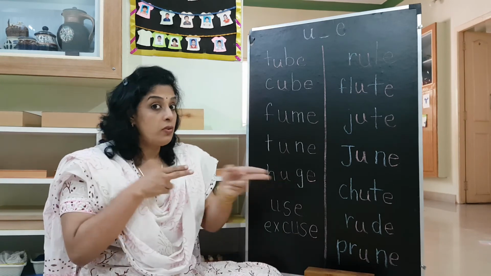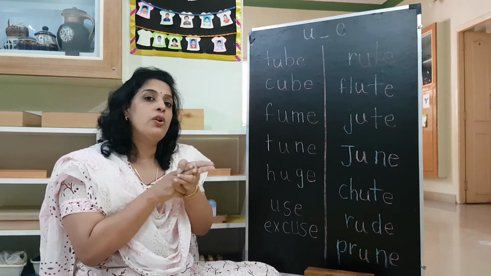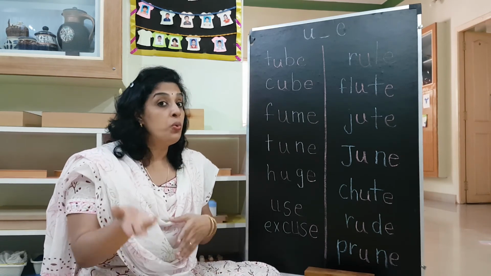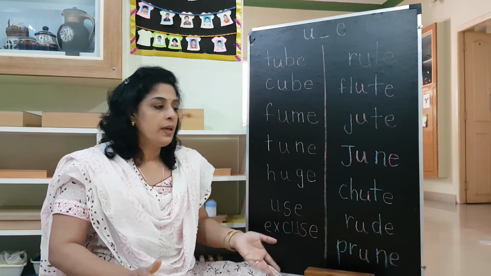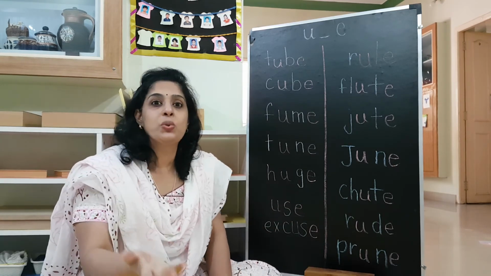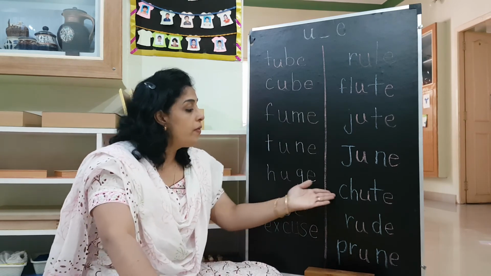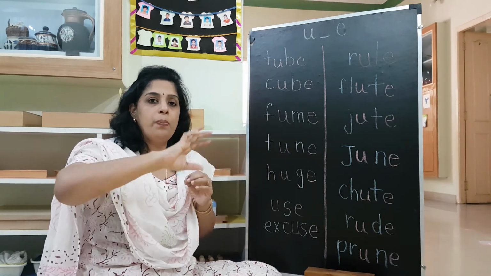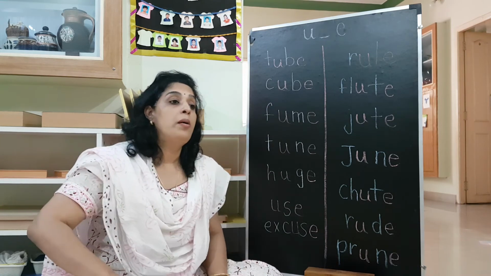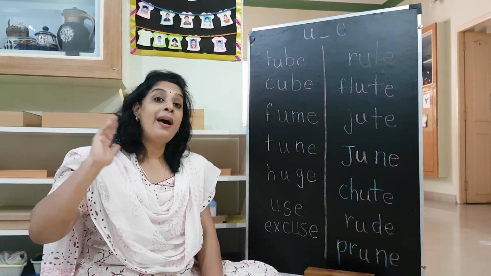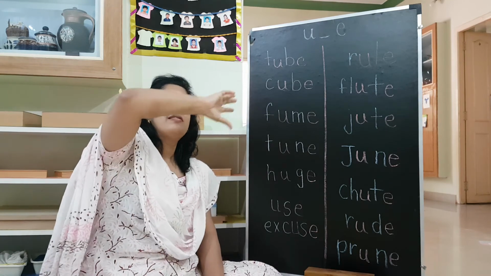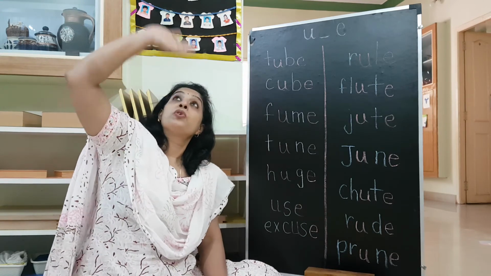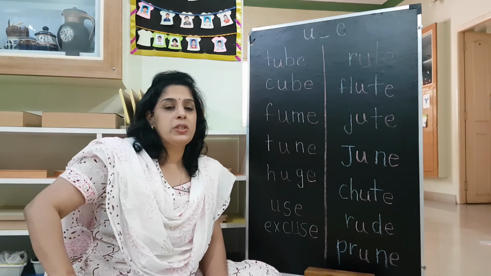Shoot. This is not that shoot. Shooting with a gun has a double O, the long O sound. This shoot is different. This is more like what you would have heard in the parachute. Also, a chute is like a hollow way through which something is passing. If you go to big malls, particularly the parking area, you will see that AC will be passing through one duct. If you look up onto the ceiling, you will see that. They are all called chutes.